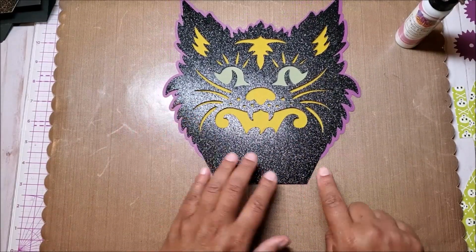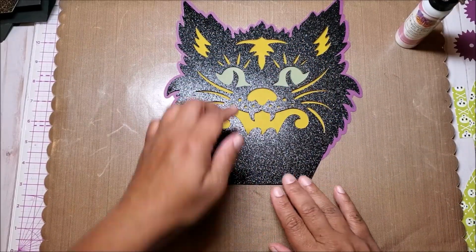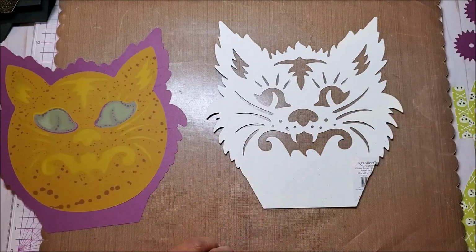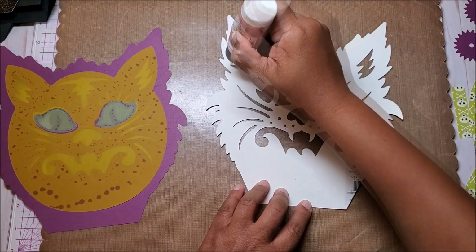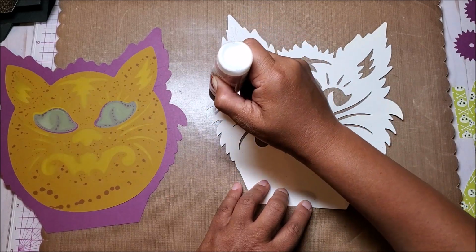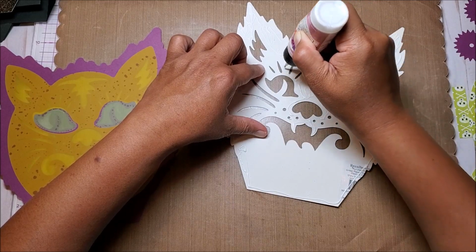There's no border here. However, there should be an even border all around. Okay, so let's take this off, and we're going to start gluing down the black glitter piece. Now, because this is a thicker glitter cardstock and it has a coating on the back, you do want to give this an ample amount of glue on the back of it, especially around the eyes